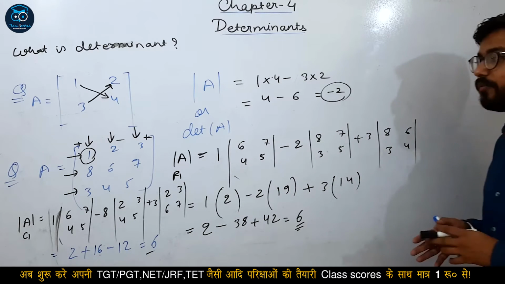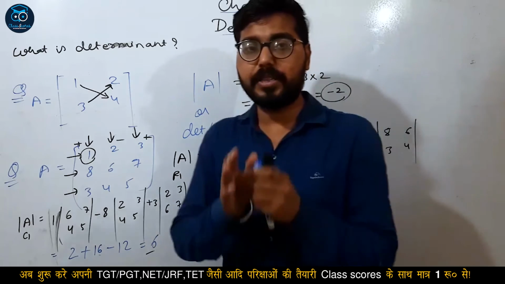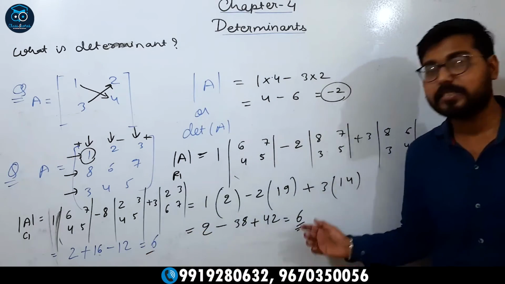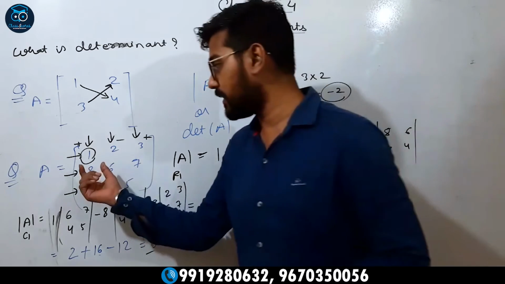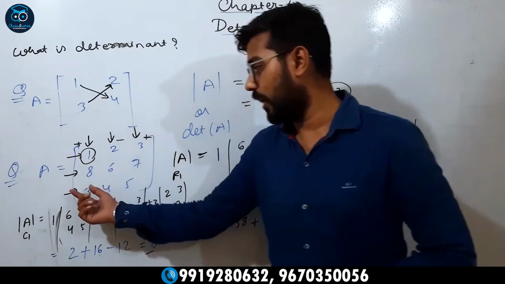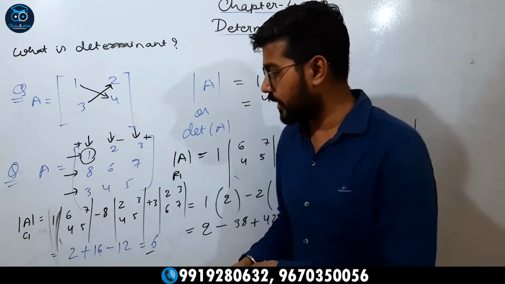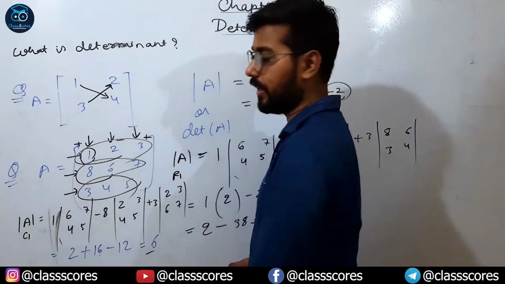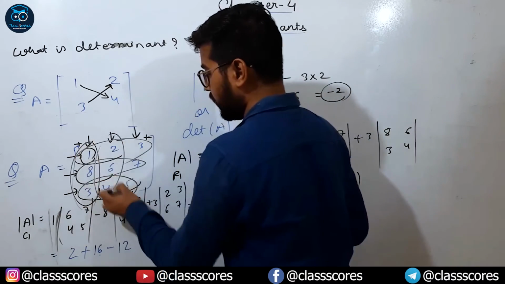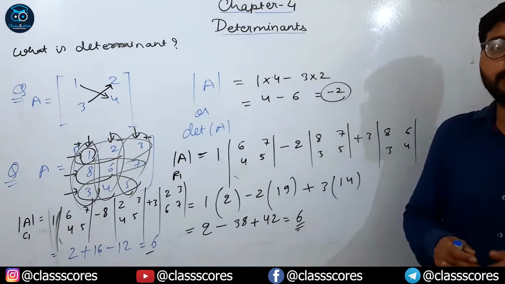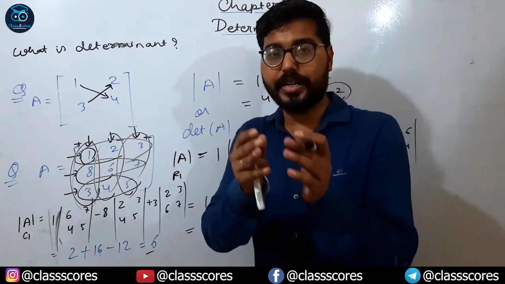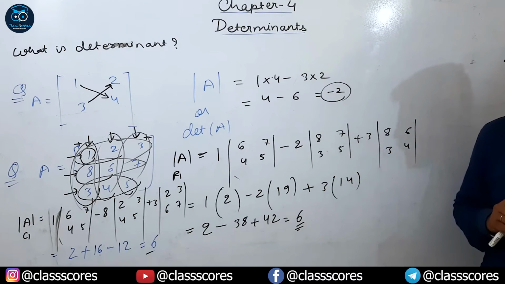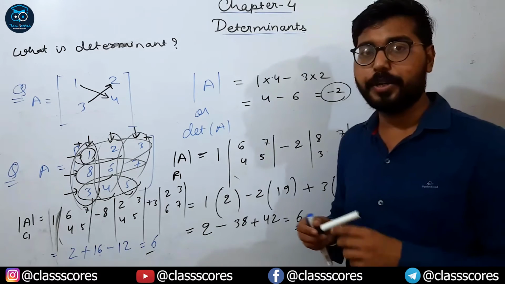Now it is clear to all of you, whenever we expand with the help of any row or any column, we always get the same answer. It is not compulsory that you will expand through C1 or R1 only. You can take this as well, you can take this as well. Similarly, you can take this or this. It's only up to you whichever row or column you take, and you can expand the whole determinant. I hope it is clear to all of you. Now please pause the video to note it down.